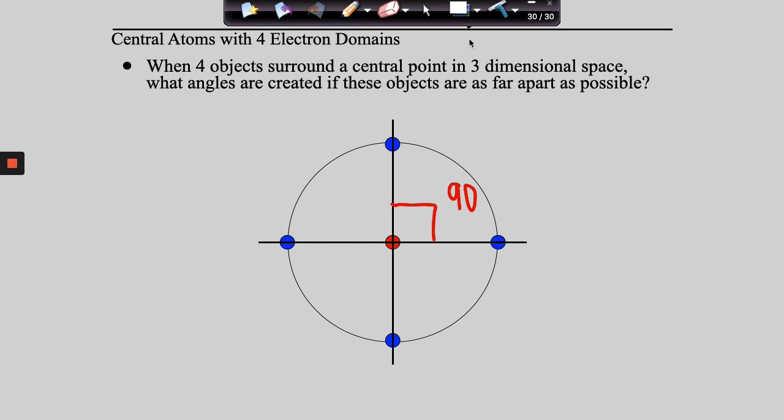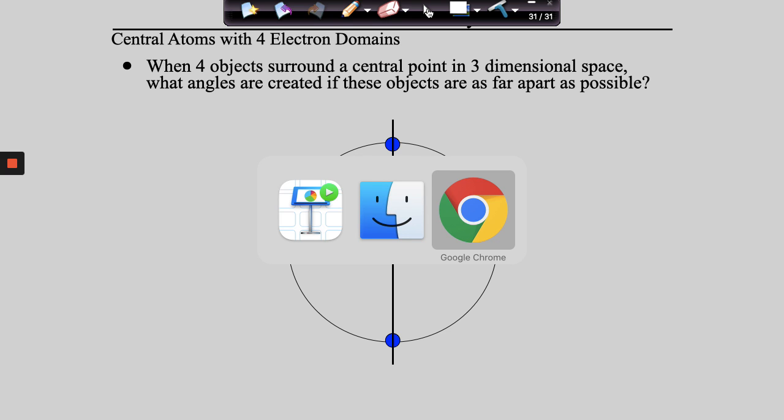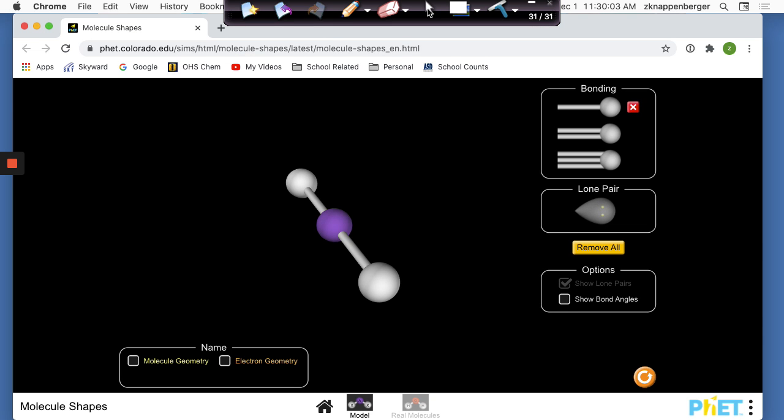If the question were about 2-dimensional space, then the answer would be 90 degrees. But now we need to talk about 3-dimensional space. And when we talk about 3-dimensional space, these blue points can move literally off of the paper. And when they do, what angles are created when they spread out as much as they can in 3-dimensional space? Well, in order to show you this, we need a tool that allows us to think in 3 dimensions. This is that tool. You'll notice that I can grab this and move it and show you different